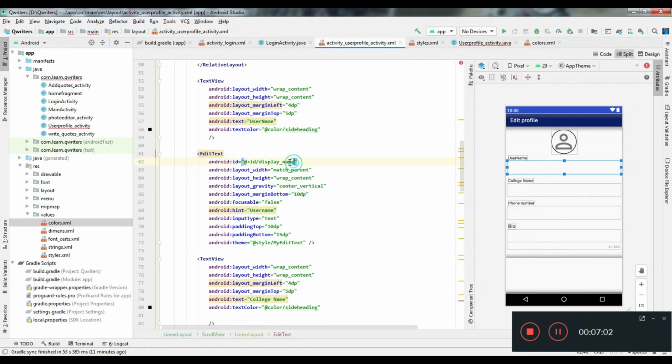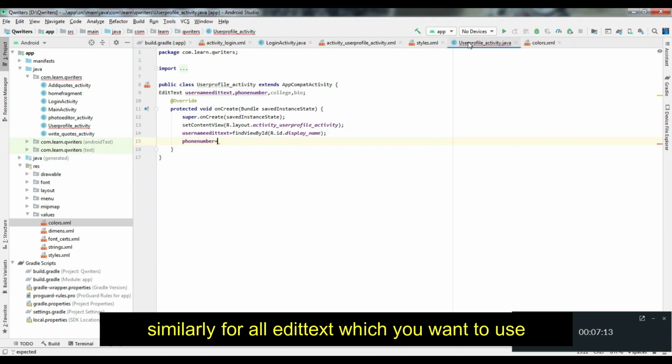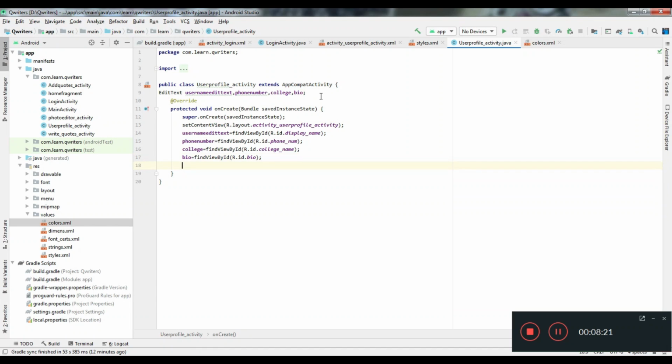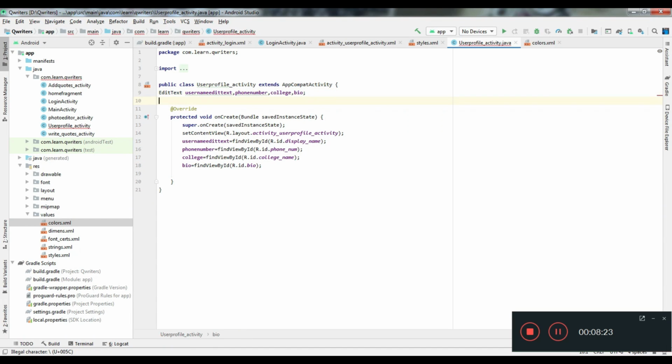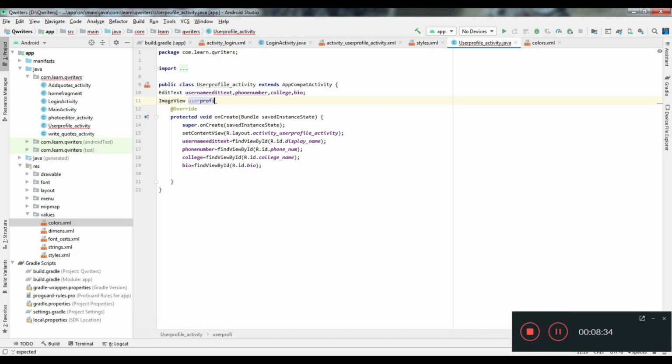So it is displayName, so just type displayName. Next, for phone number, same, findViewById(R.id.phone). Again we have one image to show the profile, so an ImageView; just write the variable userProfile.